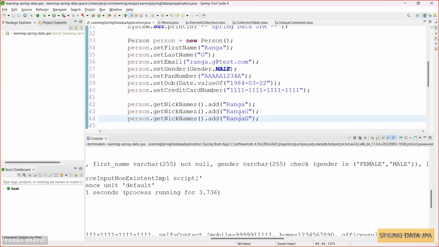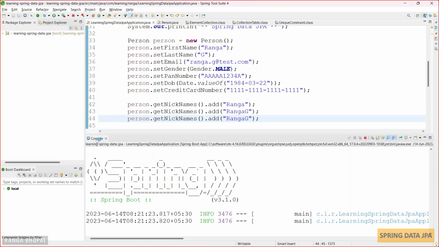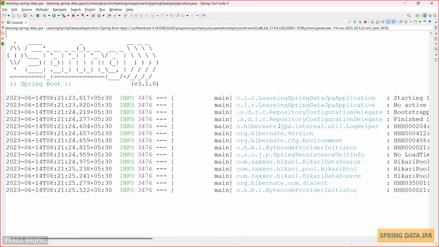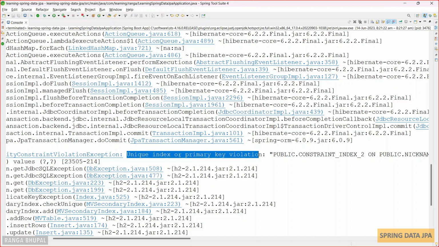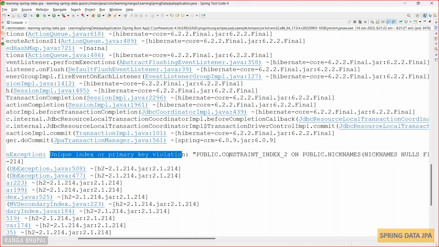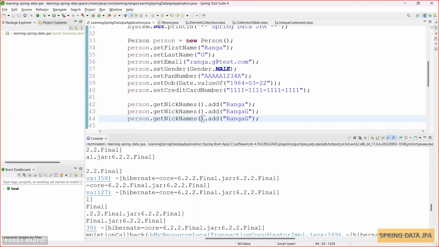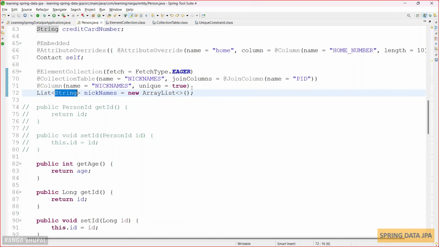So I have added a repeated nickname and am running the application. We got an exception saying unique index or primary key violation, as we expected. Let's revert it. This is a wrapper class. And what about our own classes which we define? What I mean is, for example, if I have my own custom type, like we have it at the contact